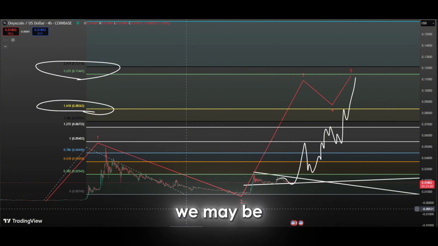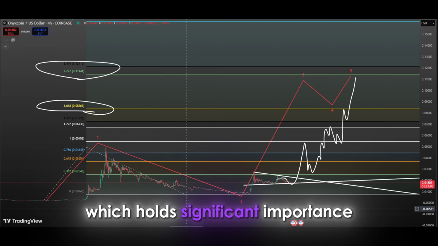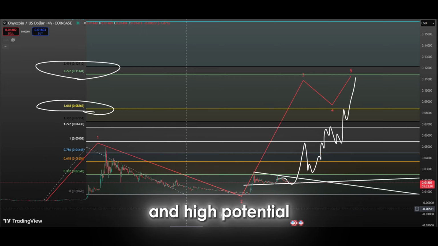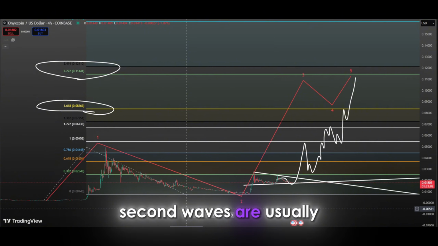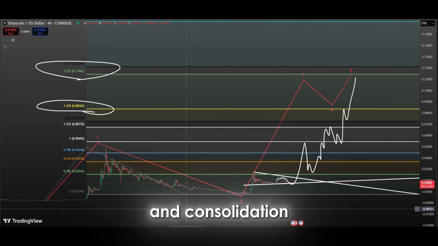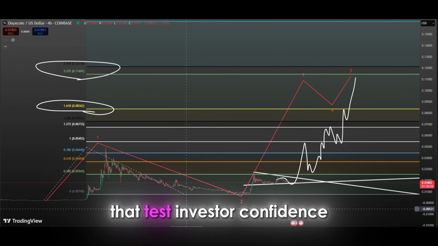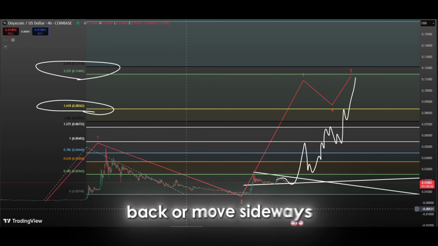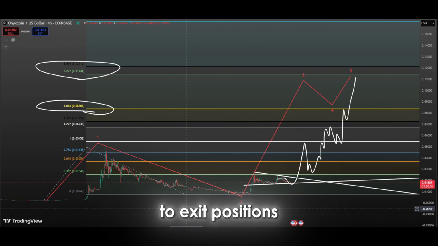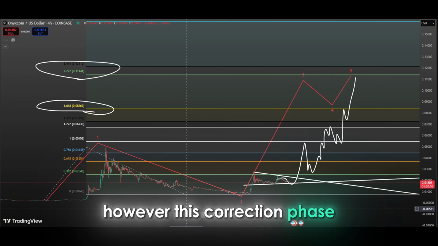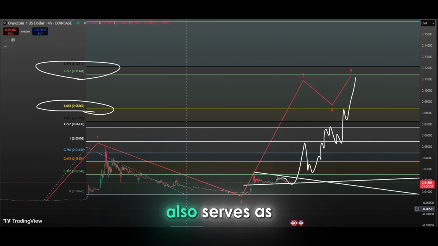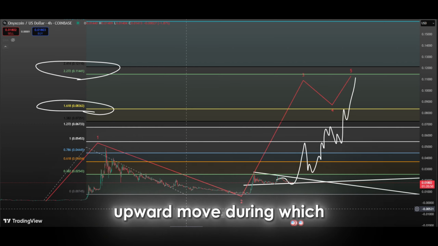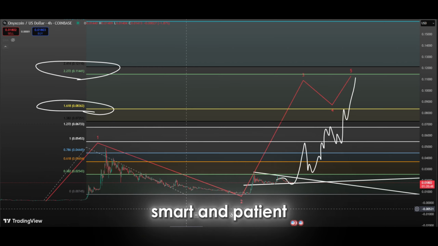In this context, we may be at the beginning of wave 3, which holds significant importance and high potential for investors. Second waves are usually periods of uncertainty and consolidation that test investor confidence. During this phase, prices may pull back or move sideways, leading many participants to exit positions due to misleading signals. However, this correction phase also serves as the groundwork for a strong upward move, during which smart and patient capital